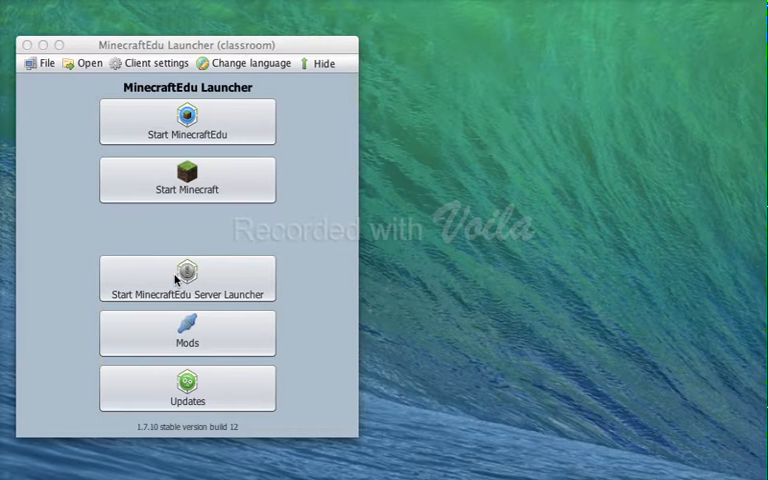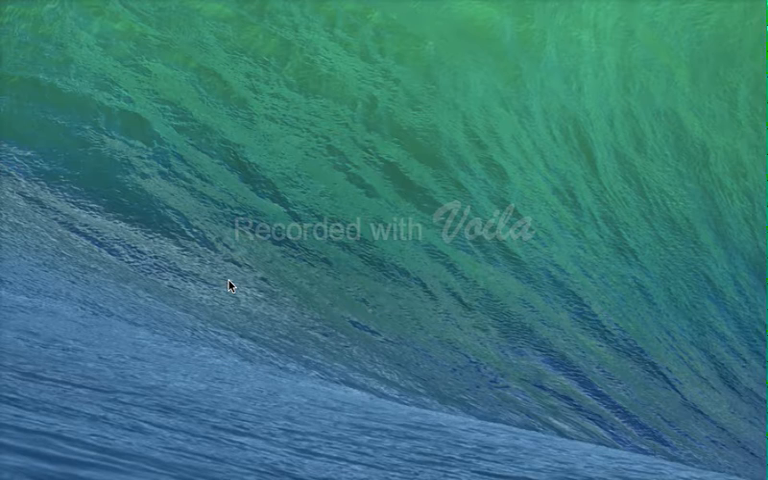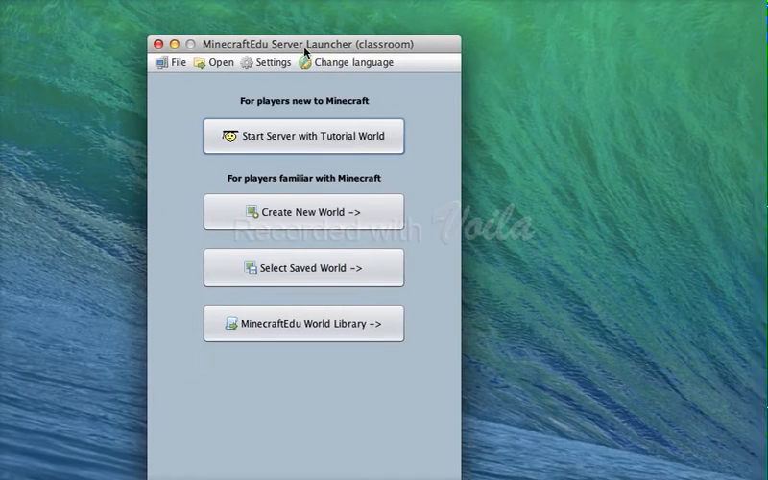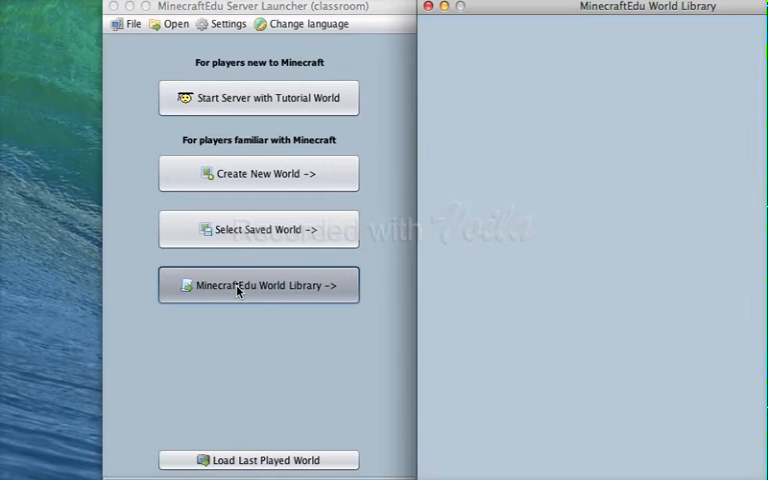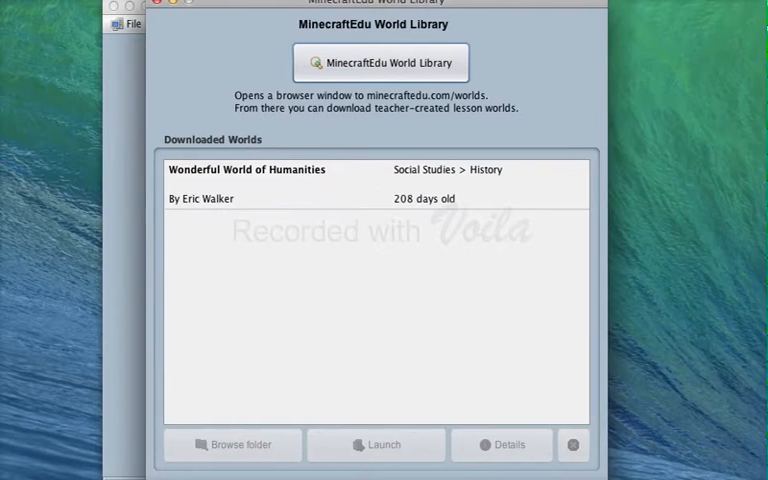But if you go here to your Minecraft launcher, you'll notice you have this start server. And if you don't see that, you can just reinstall your MinecraftEDU file that you got earlier if you didn't install the server piece, and just go back and click that next time. But you'll notice, so we have this, and I can start my tutorial world if I wanted to go back through the tutorial world, or I could also grab a file from the library, from the MinecraftEDU library. So I wanted to show you this,